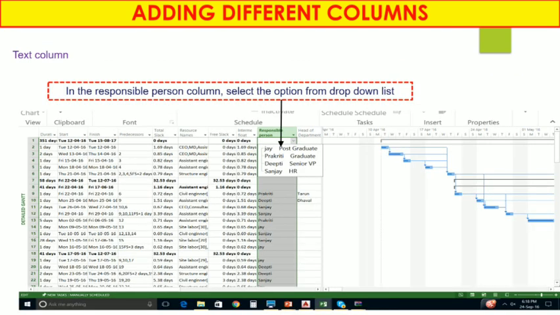In the responsible person column, select the option from the drop down list. You can assign responsibility as per the task requirement. If your project needs to be handled properly, it is necessary to assign each and every task to a particular person, so you can track easily and directly contact that person.